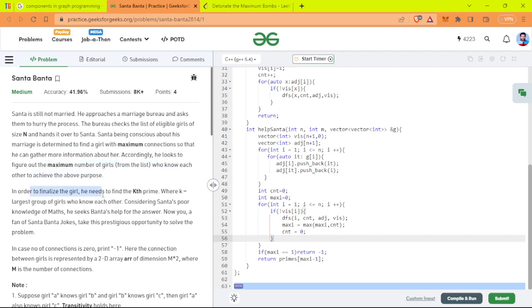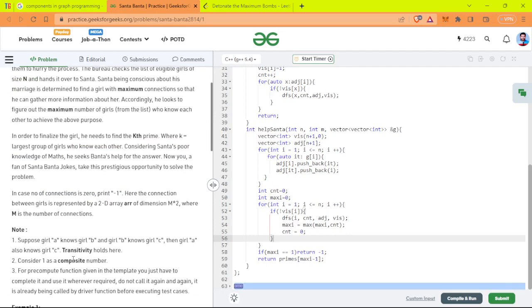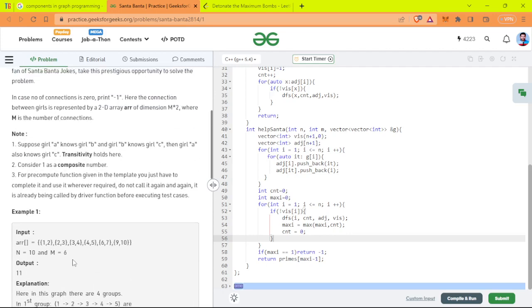So in order to finalize, he needs to find the kth prime number. And what is the k? K is the largest group of girls knowing each other. Okay, so you need to print -1 if there are no connections, or else you can print the kth prime